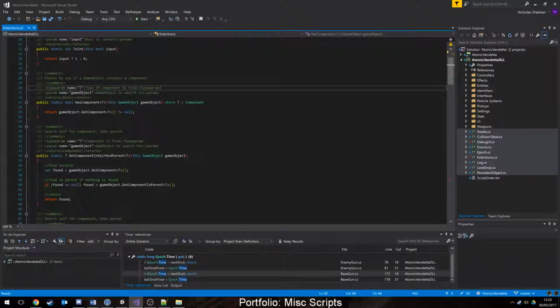But let's just say we want to add a check to see if a game object has a component. So instead of having to write out this method over and over and over again, if you want to find out if it has a gun attached to it, if it has a weapon script attached to it,